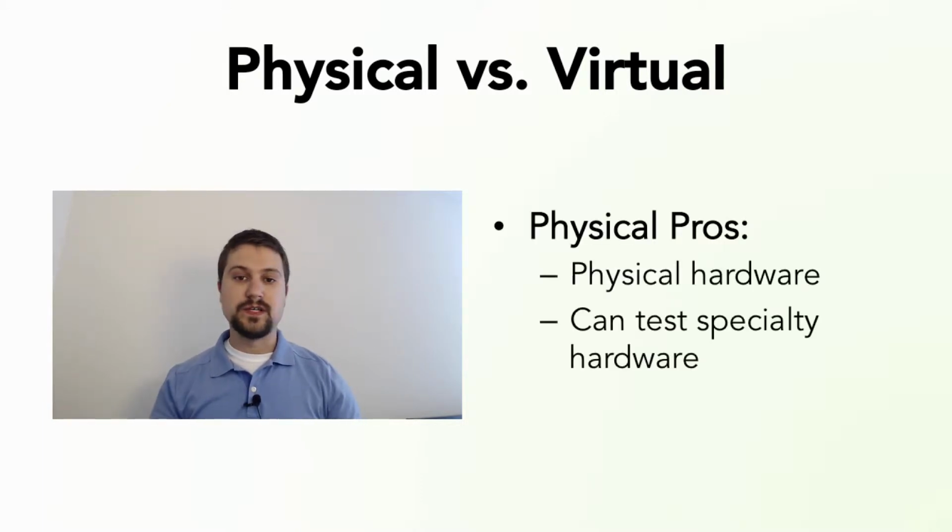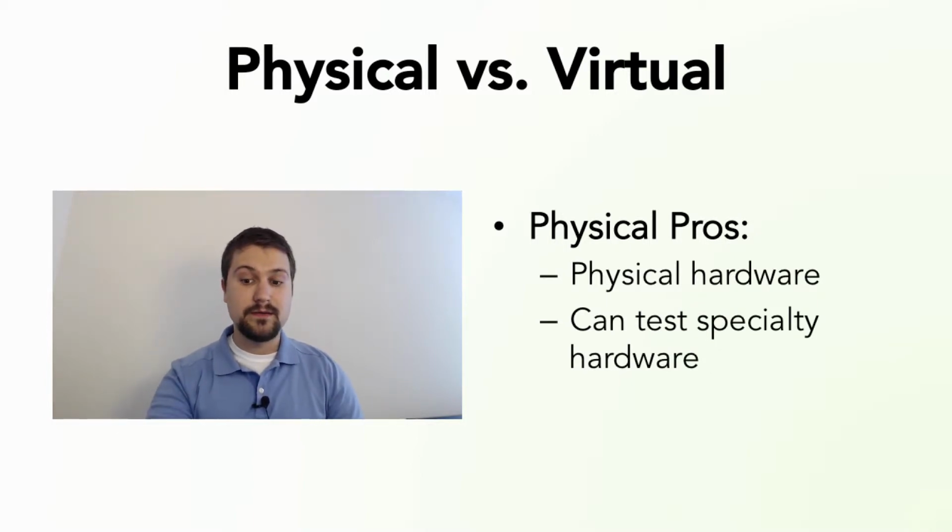So first, let's start with physical. Physical pros. Number one, and it may seem pretty obvious, but physical hardware, right? You have physical workstations, laptops, servers, and the good thing about that is they work. It's the way we've done it forever and ever, having multiple workstations or multiple servers, so it just works. The other pro of a physical setup is that you can test specialty hardware. If you have a firewall appliance or you have an IDS appliance, you can use those in your physical lab setup and test that and play around with it and learn those systems, which you can't really do in a